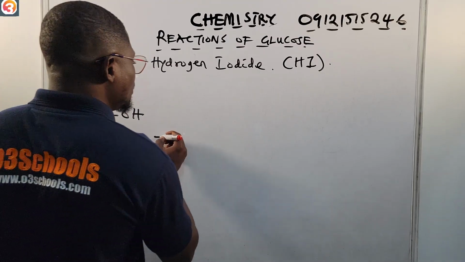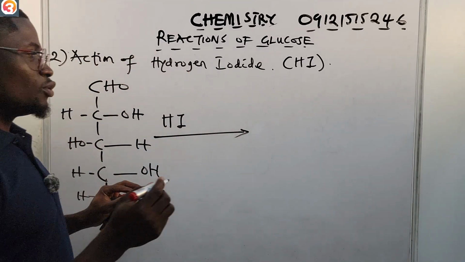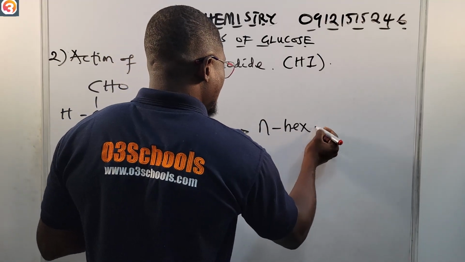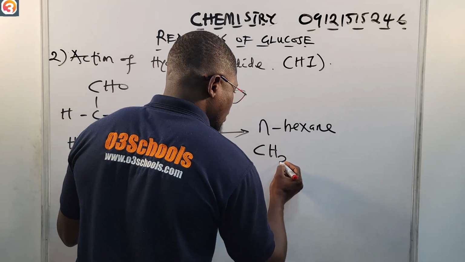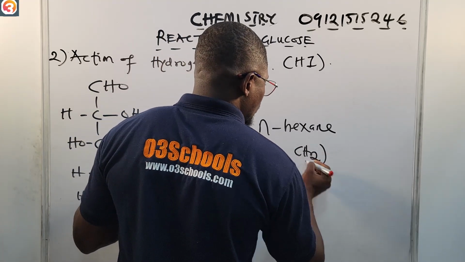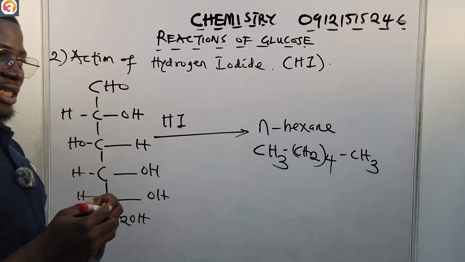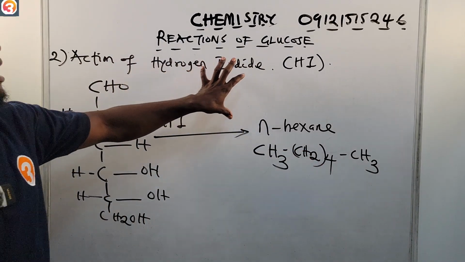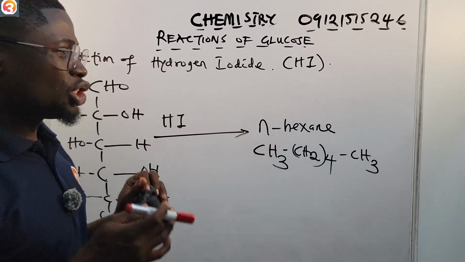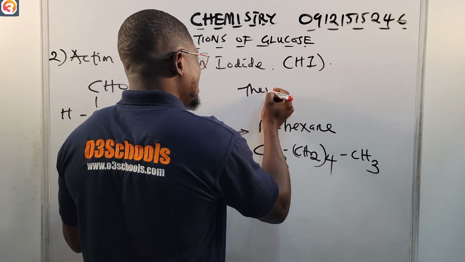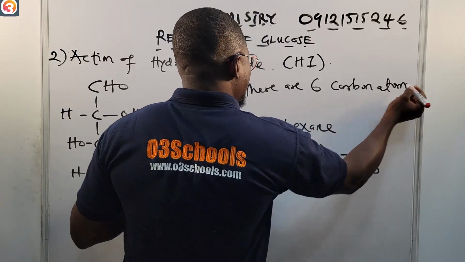So when hydrogen iodide, HI, acts on this, what it gives to us is n-hexane. N-hexane is the same thing as normal hexane. That is, we are going to have CH3, CH2 four times, then CH3. These are our normal hexane. So the action of hydrogen iodide on glucose gives us normal hexane. This usually shows that there are 6 carbon atoms present